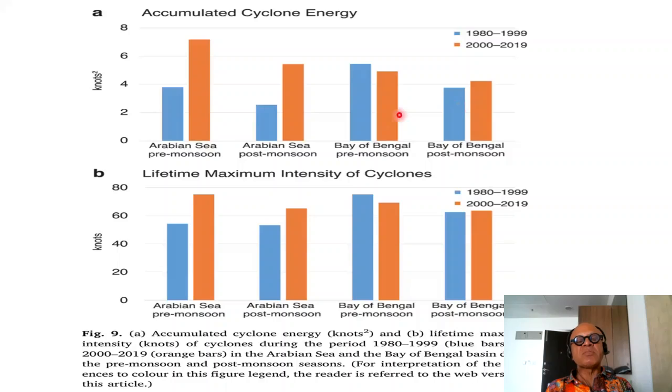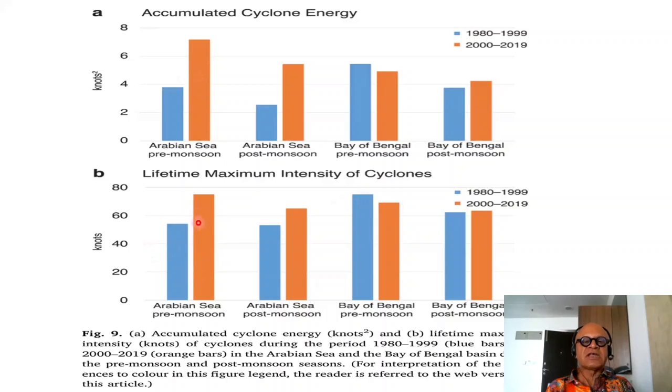There is a paper by Bidut Bikash Goswami which argues that the monsoon trends are likely influenced by Bay of Bengal warming, because the Bay of Bengal tends to be warm on average, and that means its response to attempted warming, let's say from anthropogenic forcing, tends to be different from the Arabian Sea, which is much cooler. Okay, so lifetime maximum intensity of cyclones also shows that, of course, that has to correspond to